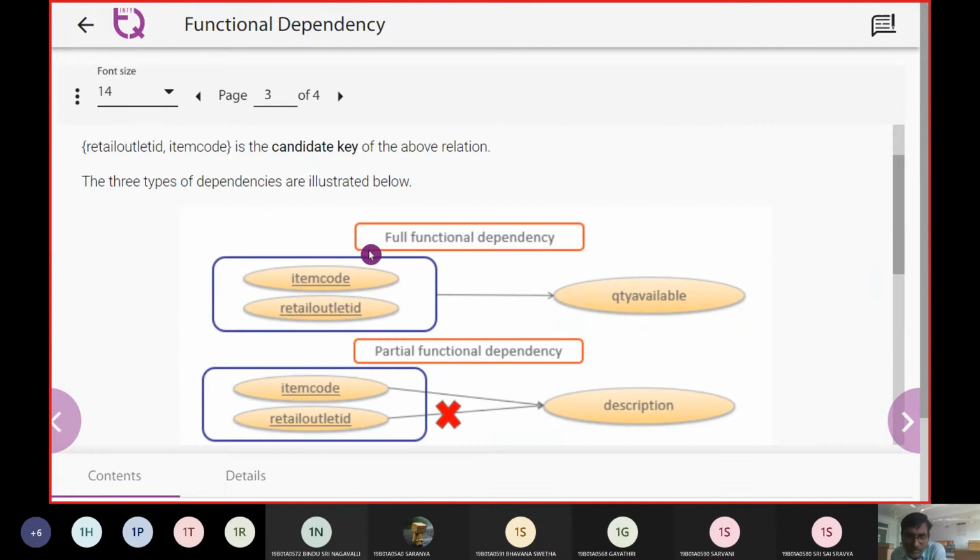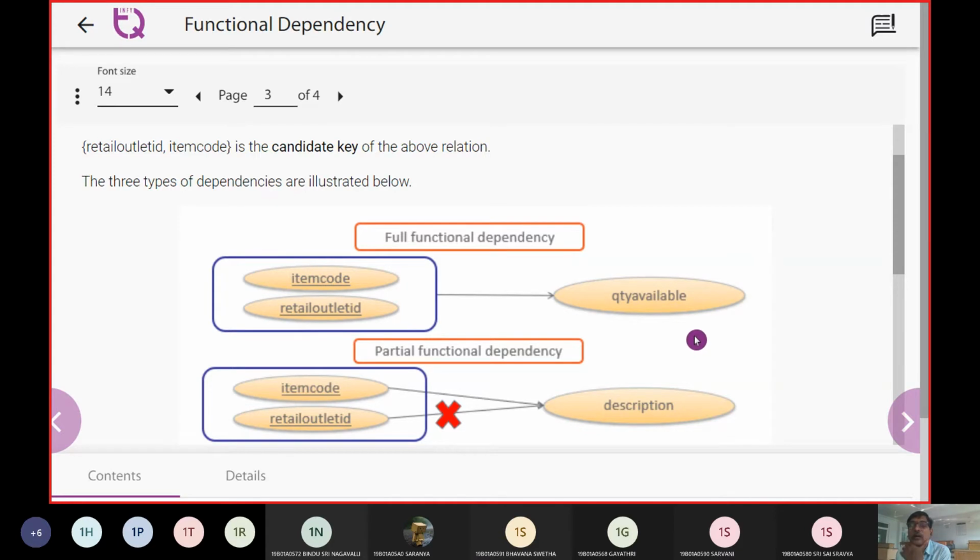When coming to the fully functional dependency, we have the quantity of price, QTY, that is quantity of price available, and this is going to be determined by item code and retail outlet ID. Both on item code and retail outlet ID, it is going to be taken up. We say here these are the fully functional dependencies.